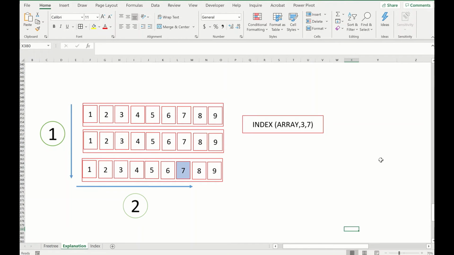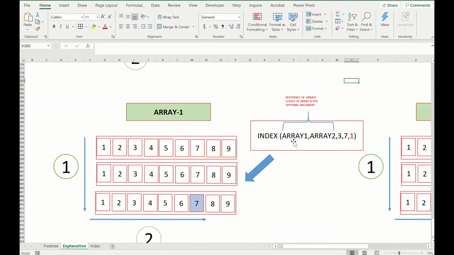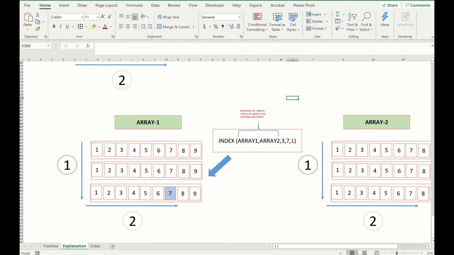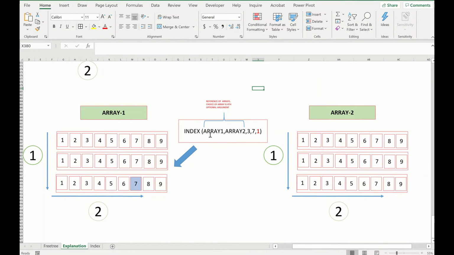The second one is index using reference. In this case, we use the same format, index, but we don't select one array. We select array 1, and then we select array 2. We may have array 3, array 4, and so on. You can have any number of arrays in this particular reference argument, and then we select the row number and the column number, and then we have a last argument, which is the reference of the arrays.